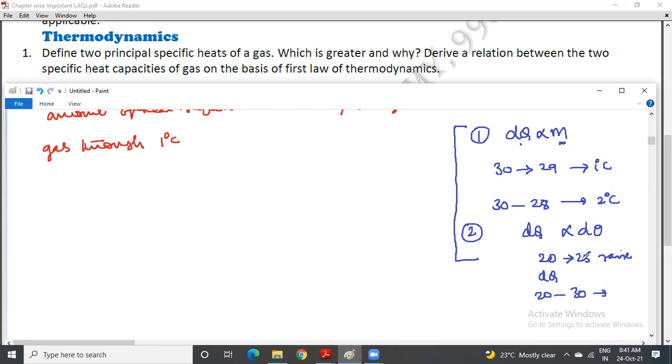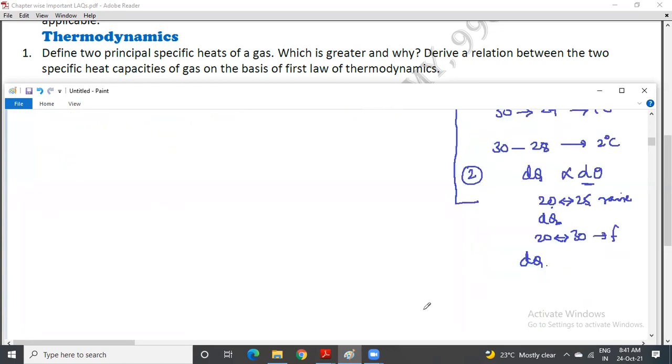Vice versa, suppose you want to decrease the temperature from 25 to 20, so you need to remove some amount of heat dq. Suppose you want the temperature difference from 30 to 20. This is for the case of fall as well as rise. So the more heat is required to change the temperature of a substance, of unit mass of substance. Then combined, what you can write is dq proportional to m d theta. If you remove the proportionality, you will get a constant, that is S. This is in the case of substances, in particular solids. So this S is specific heat.